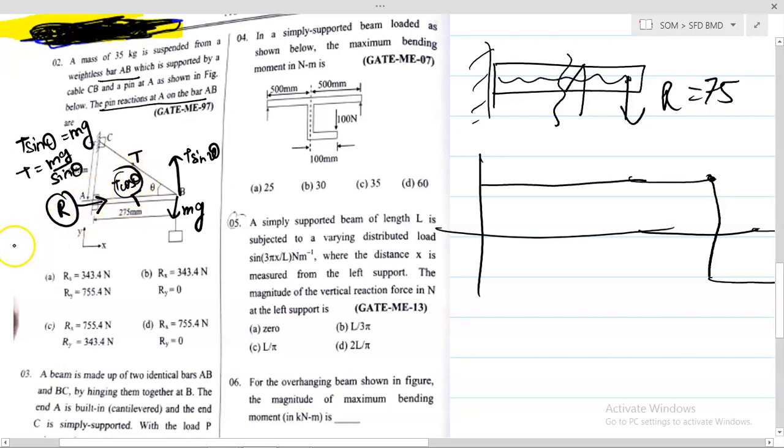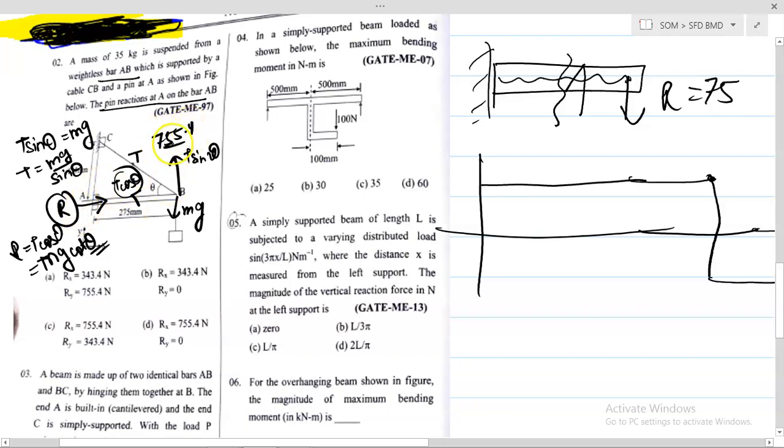So your value for reaction is T cos theta, and that is equal to mg cot theta. So reaction in x direction will be mg cot theta, and reaction in y direction is 0. So your answer is around